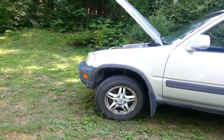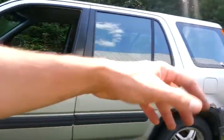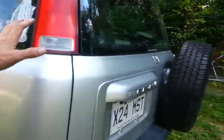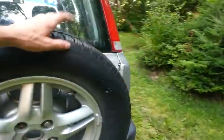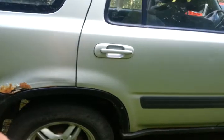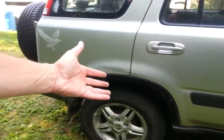So for the front, I'm just worried about the front. The back, I'm not so worried about. I'll just cycle these to the back and then whatever. So the only major thing is the wheel bearing's going to go probably within the year. You can hear it a bit back here. I might even have my own puller kit to take that off. If not, I'll